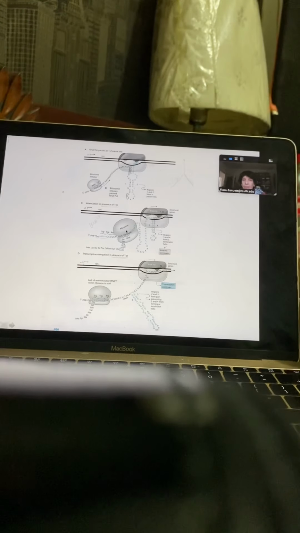Which hairpin? I'm not clear. In the figure, there is a stop codon. The stop codon is the signal for the ribosome to fall off. It's not a hairpin. You have to know that from translation. A stop codon signals for the ribosome to fall apart. The ribosome will separate into 30S and 50S subunits. It's not the hairpin. The hairpin is regulating what is happening to RNA polymerase. So you need to know what stop codons do.